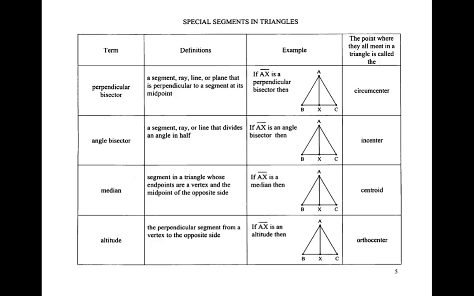In Unit 5, Lesson 2, I simply want you to know 4 words and their definitions. The first is perpendicular bisector. So I've given these definitions, and I'm going to draw on the picture so you understand what they mean very specifically. A perpendicular bisector is a segment, ray, line, or plane, basically anything that is perpendicular to a segment at